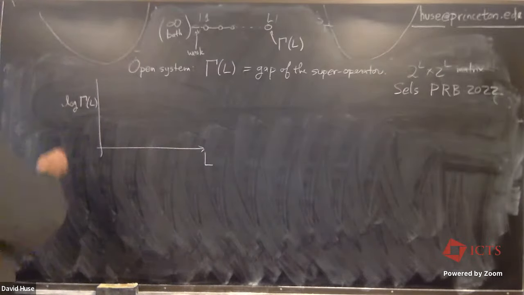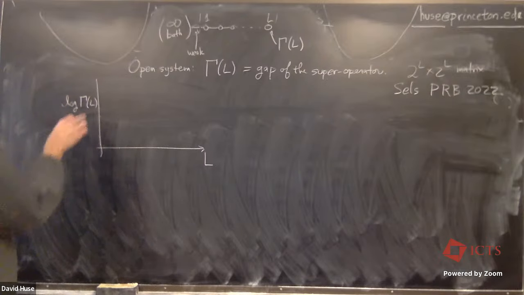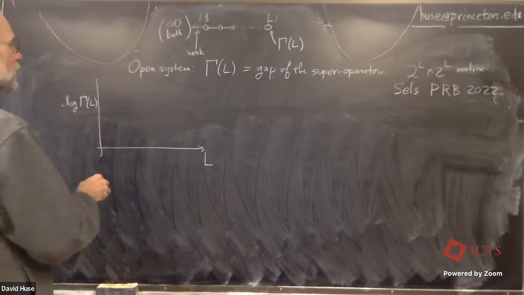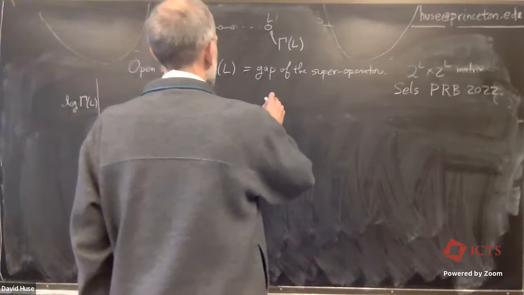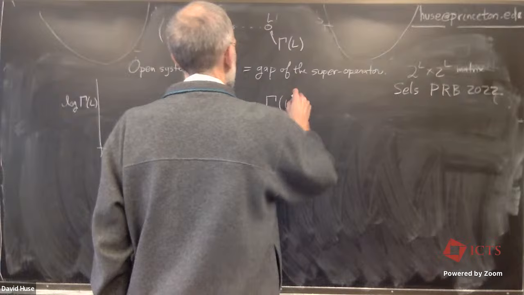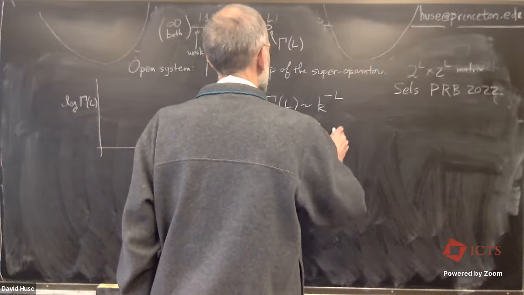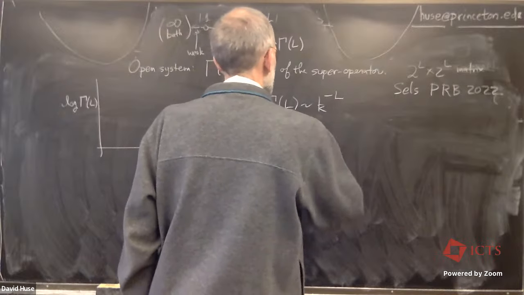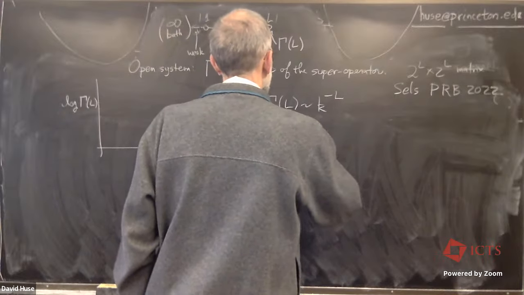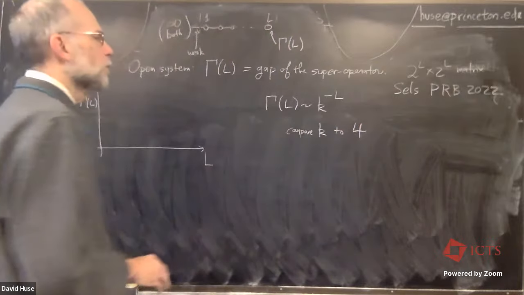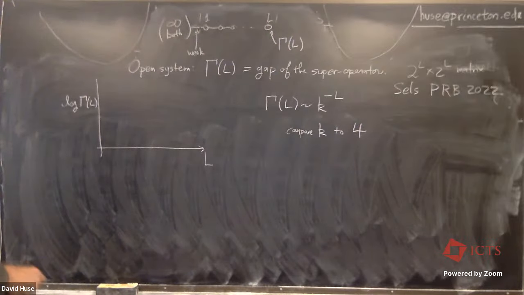So this is not quite a median, but something close to a median. And now remember, we're asking gamma of L goes as k to the minus L, and we're asking what is k, and we can compare